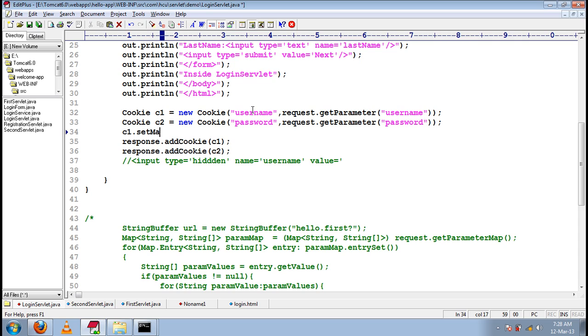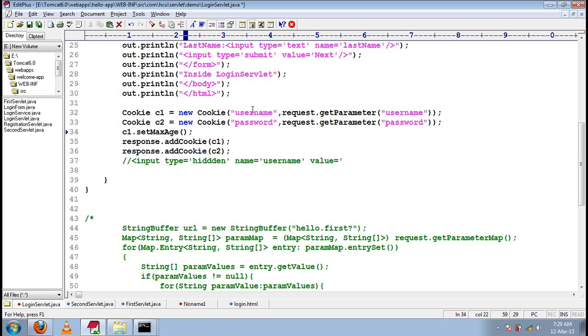The method is setMaxAge, which takes an integer as seconds.